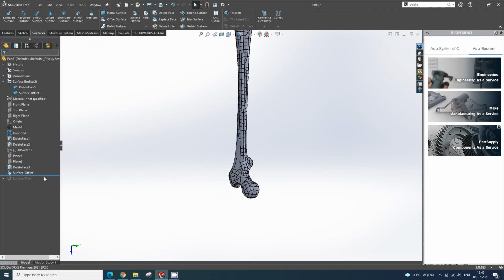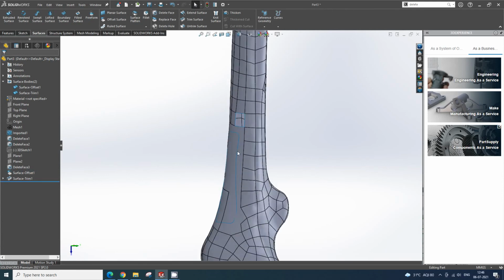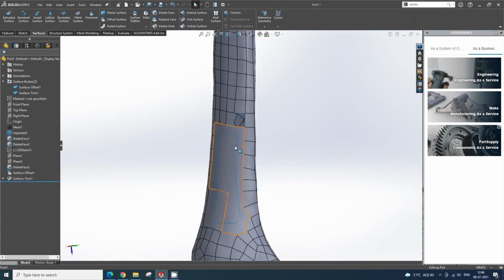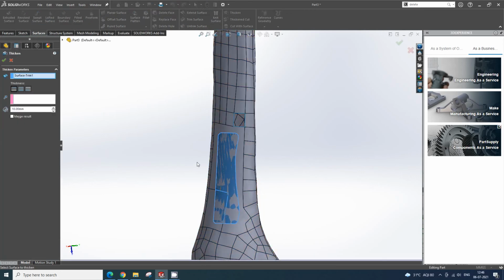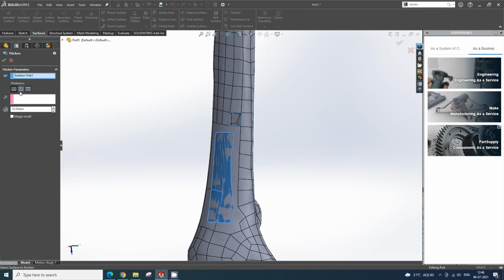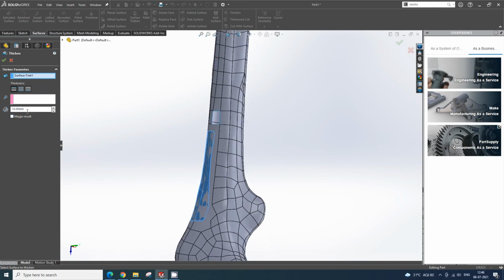So now if I drag down this rollback bar, you can see on this surface I got an extrusion, which is going inside. Let me just change that value.